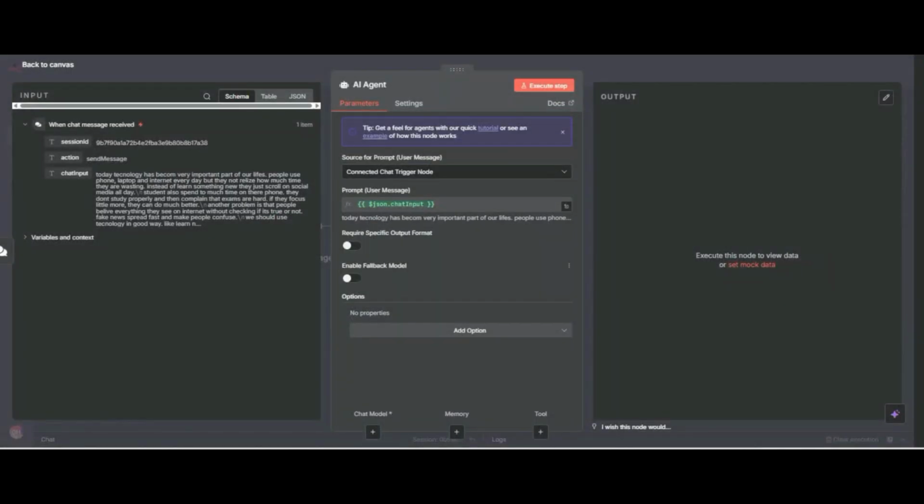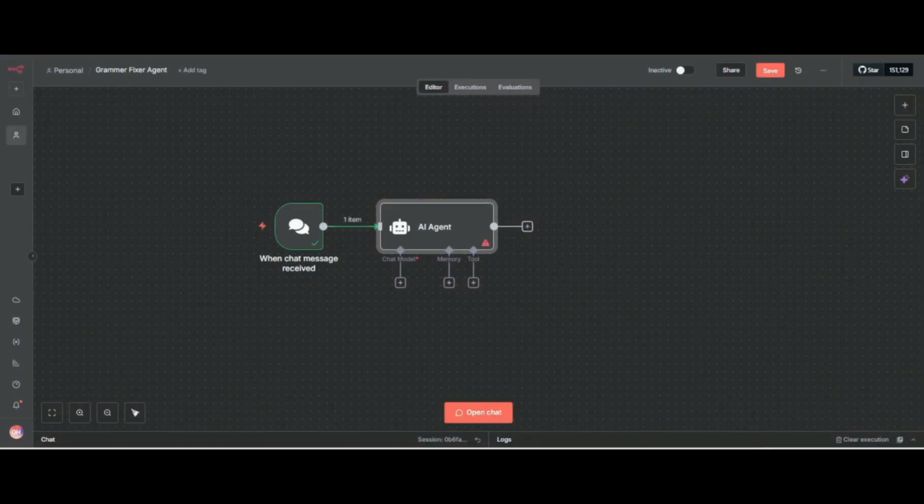So I have added my AI agent node. Today I will also show you how you can connect your OpenRouter API key, and I will also tell you two mistakes. Important point, so stay with me. Now we have to connect our OpenRouter account.